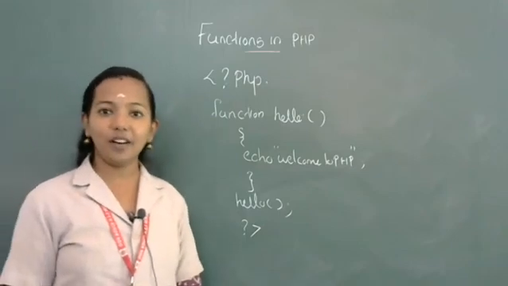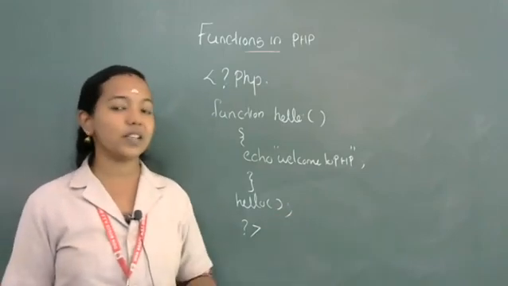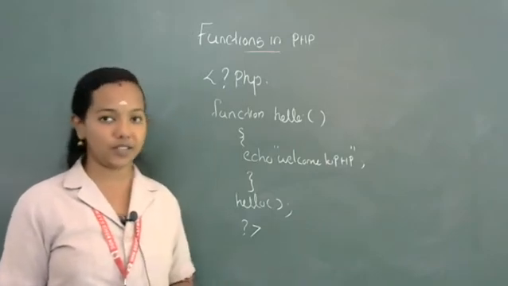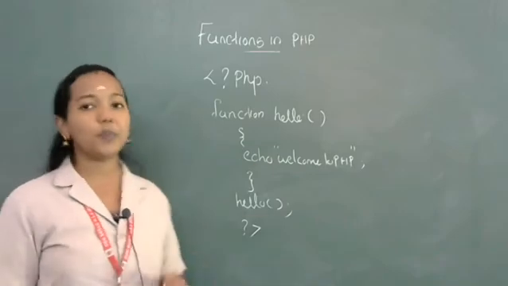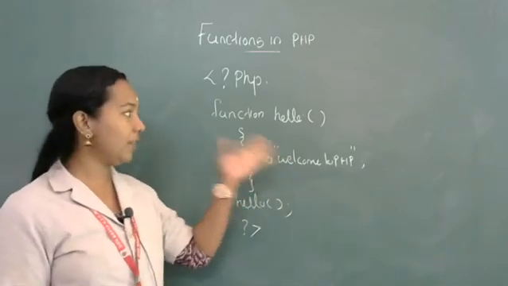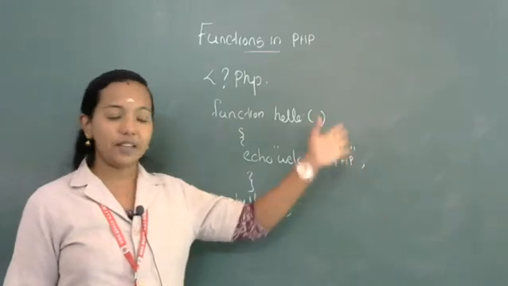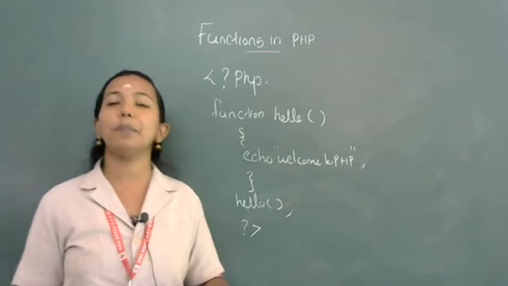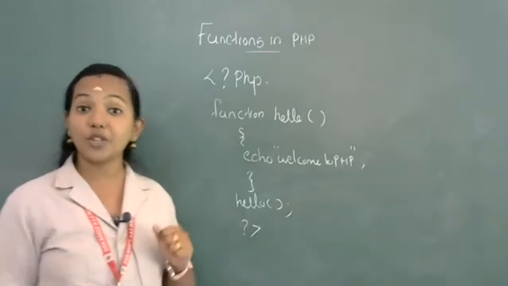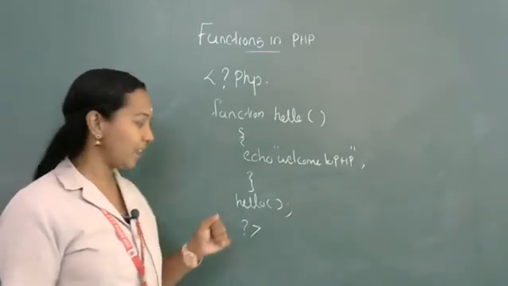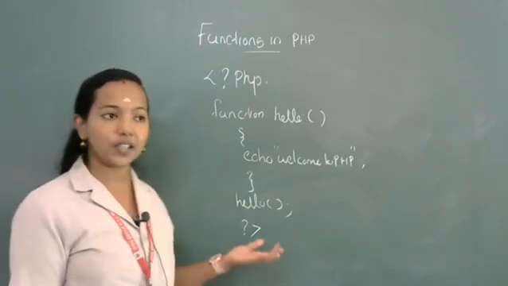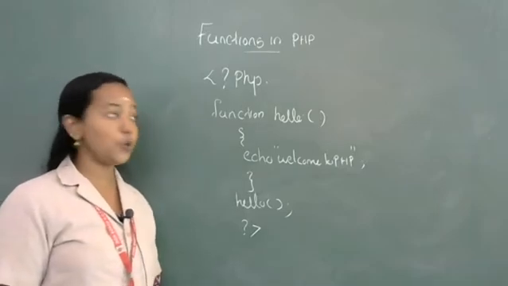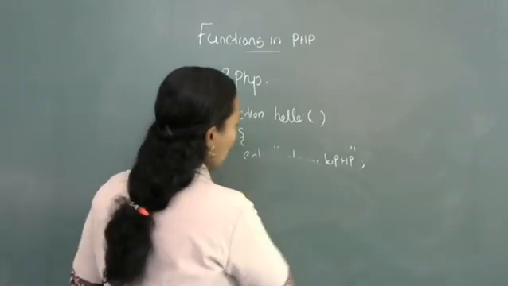I think it is not new, because in JavaScript we studied functions, and in C++ we also completed one chapter called functions. So in this program, the function name along with the keyword, then the statement between the opening bracket and closing bracket, welcome to PHP, is known as the function body. After that we are calling the function using a function call statement. Clear? So this is a simple function to print a statement.